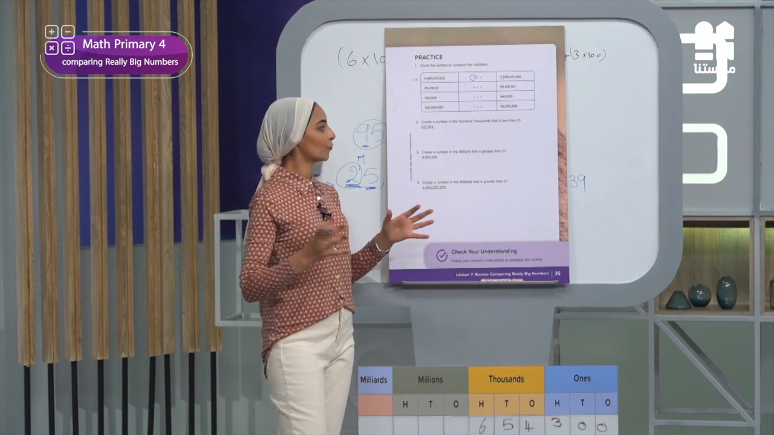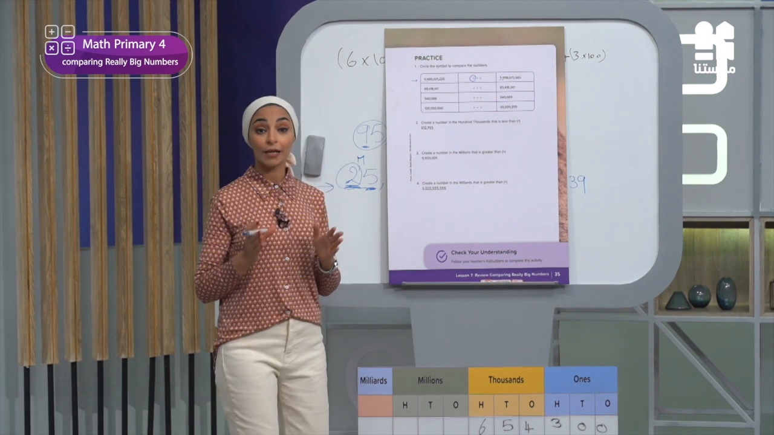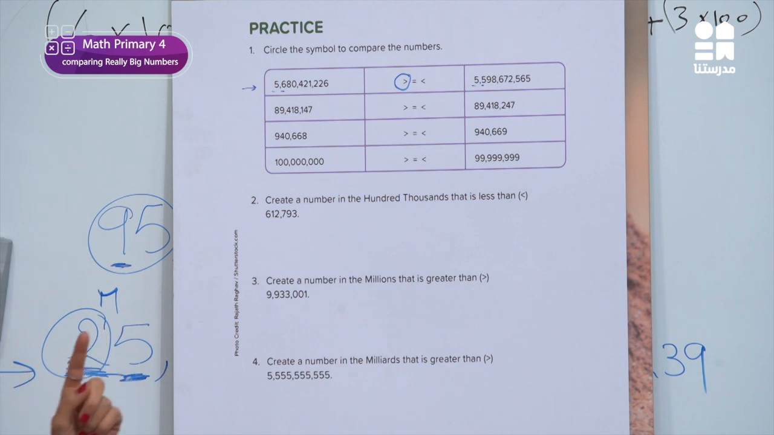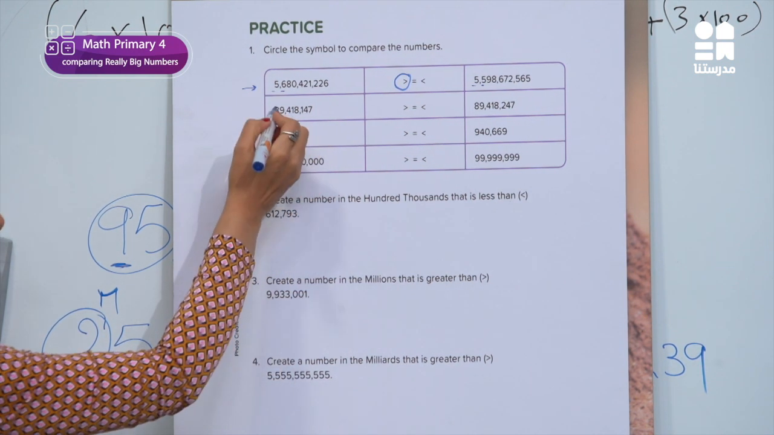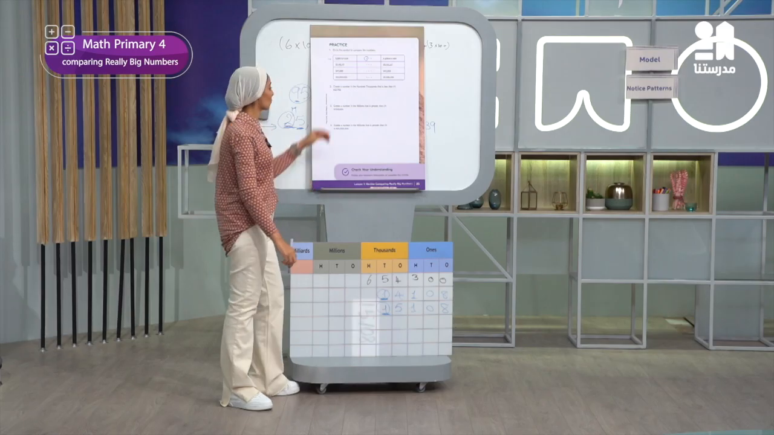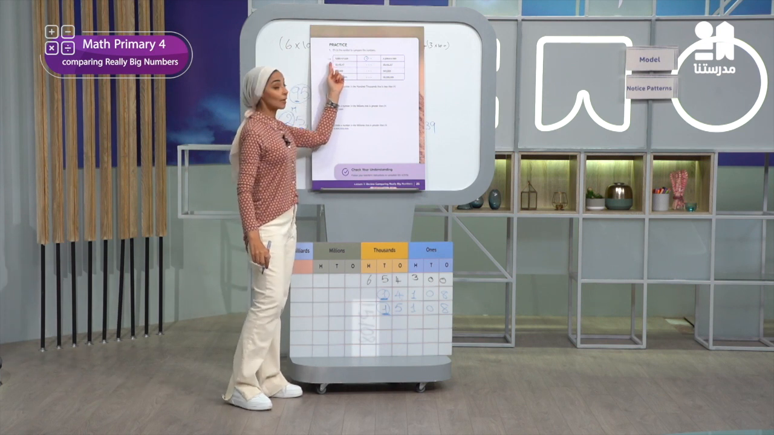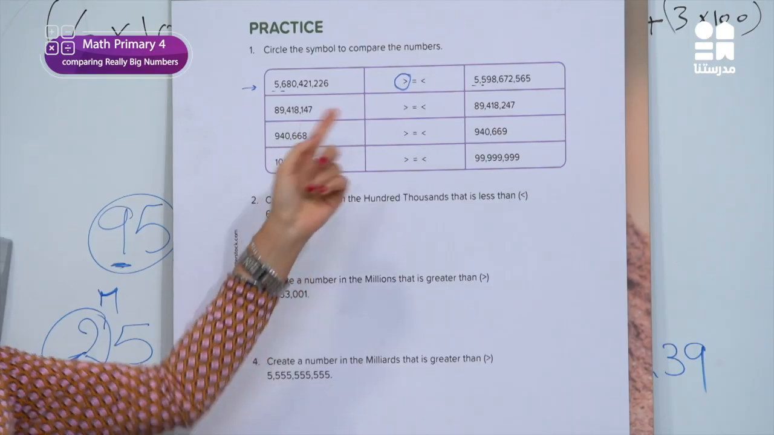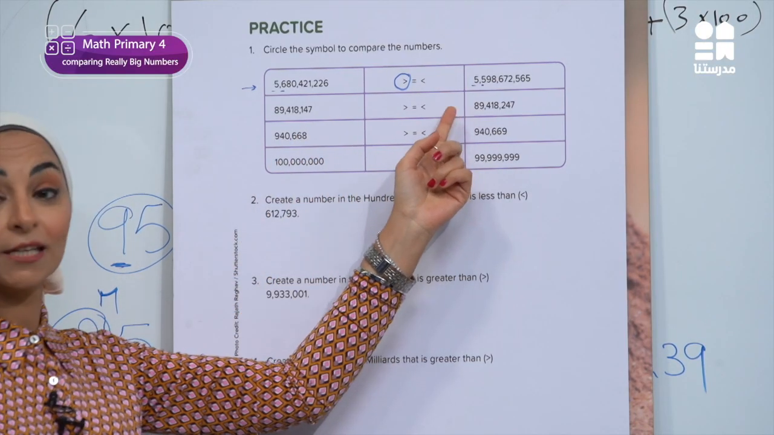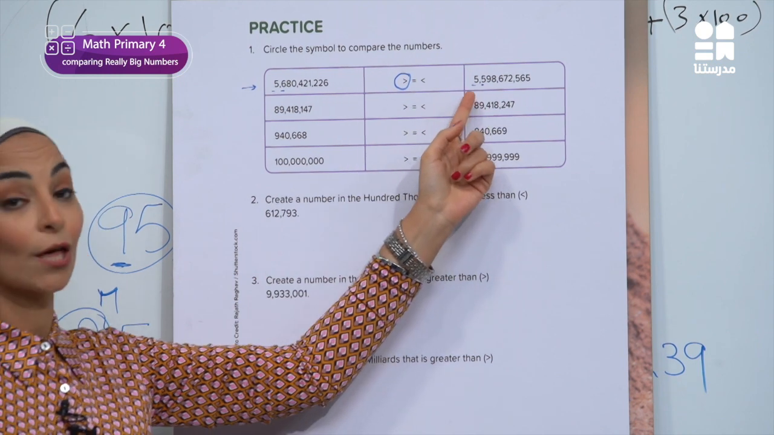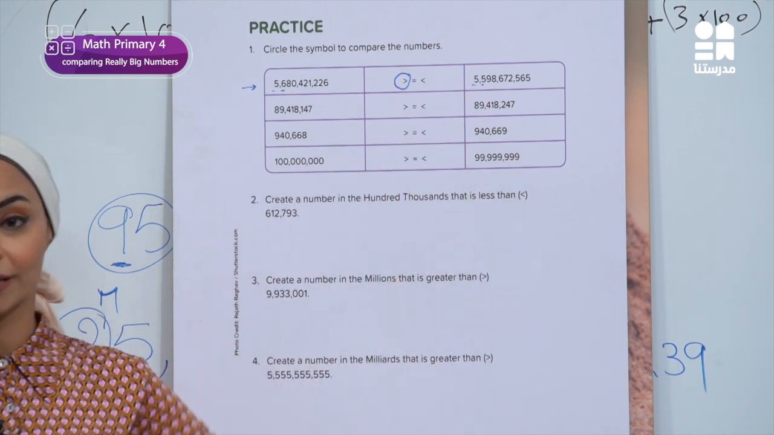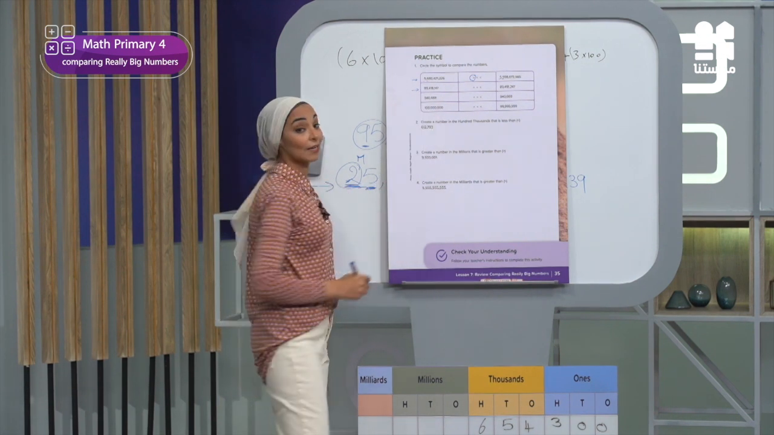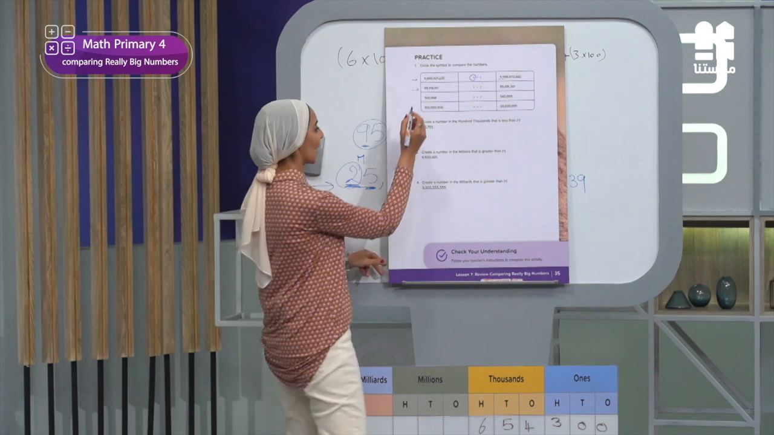Okay, let's move to the next one. Here, first, before doing anything, I must read the numbers well. The first number is, look here, I have only 3 periods, which are thousand and million. So the first number, 89,418,147. The second number, also 89,418,247. So what should I do? I will start to compare from the left side. First thing, here I have